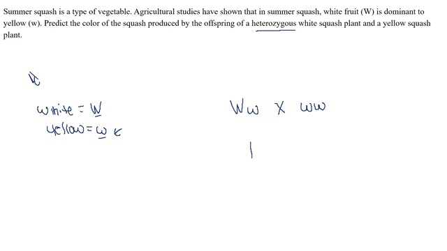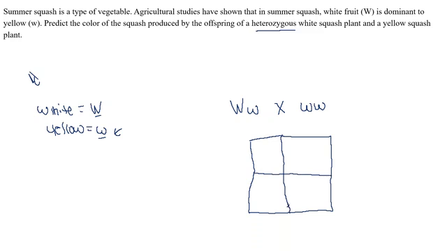Now, let's go ahead and draw a Punnett square. It's not going to be very pretty, but that's okay. So we have a Punnett square. Now we want to separate the alleles because each of the alleles in each individual are going to be separated during the formation of gametes. So when we separate this right here, this represents basically 50% of the gametes are going to have the dominant allele and 50% of the gametes are going to have the recessive allele. And for this one, all of the gametes are going to have the recessive allele